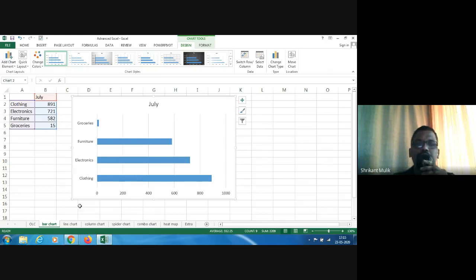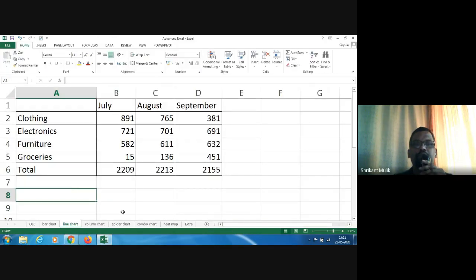The second example that we are taking is of a line chart, and here we have similar data, but for July, August, September. So we now know how these items or product categories are performing over a period of time. Now again, rule number two, you can make a note of it. Rule number two says that whenever you are comparing something against time, always use a line chart. Let me repeat. Whenever you are comparing items against time, always use a line chart.